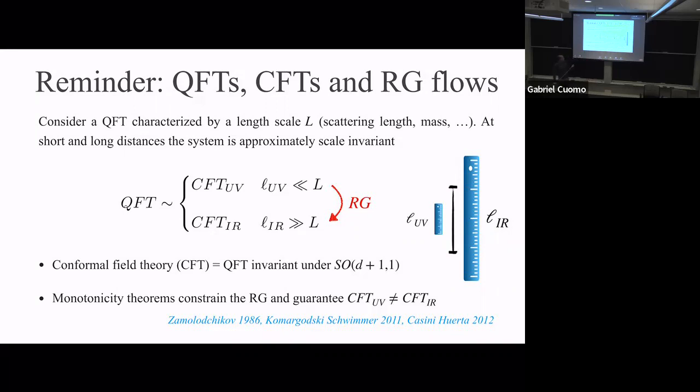But what I'm saying is that we can think of a quantum field theory formally as energy flow between a CFT in the UV and a CFT in the IR. Just as before. So, okay, this is the definition of CFT. If you want, it's a theory invariant under the conformal group, which is this. And an important point is that